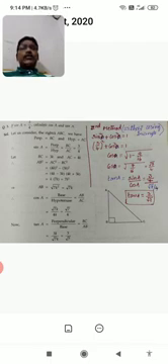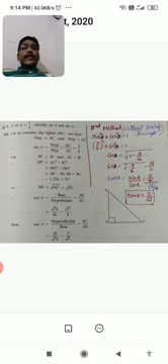Now whatever you want to find, you write the formula. We want to find the cos A. For example, what is the cos A formula? Base upon hypotenuse. Base is ready with you, AB is root 7k, and AC is ready with you, 4k. K is going to be cancelled. Just root 7 upon 4 is your answer.